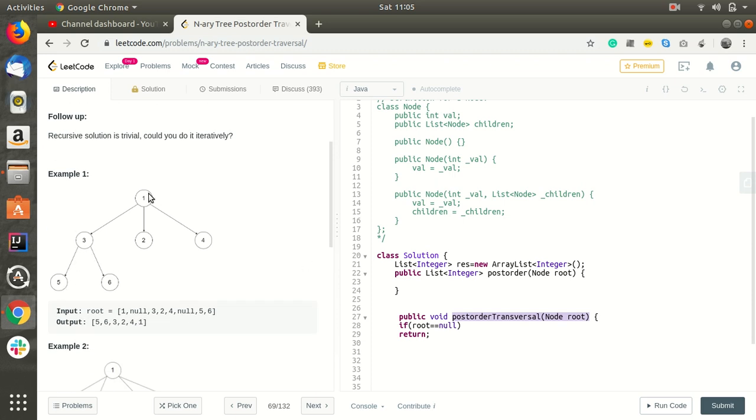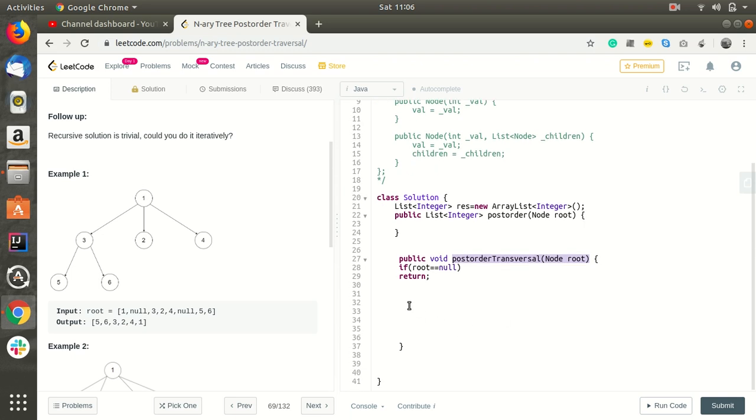We'll first process 3, 2, 4, and then we will process 1. Recursively, 3 will be processed after 5 and 6. This will be done recursively. So adding the root value will be after the recursive calls.